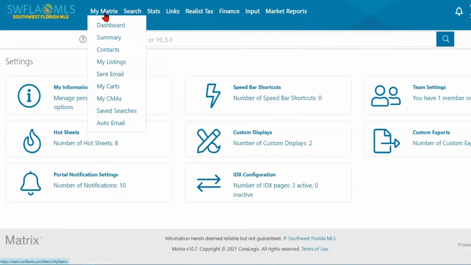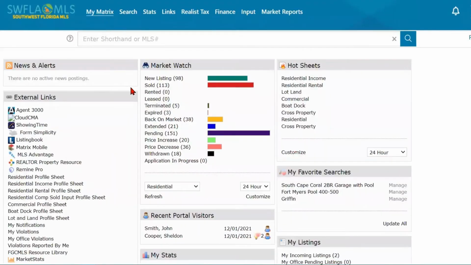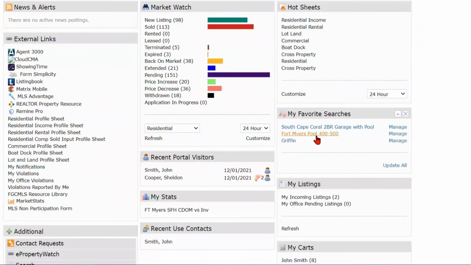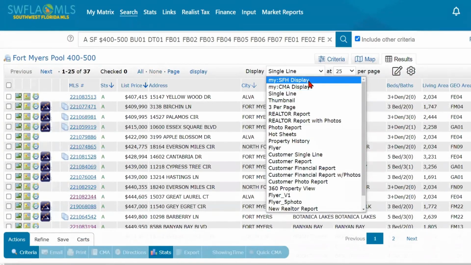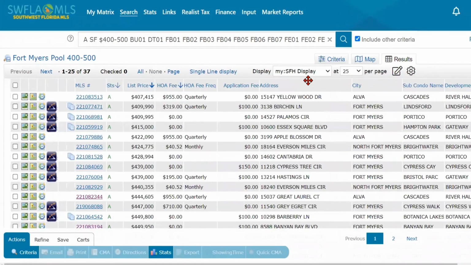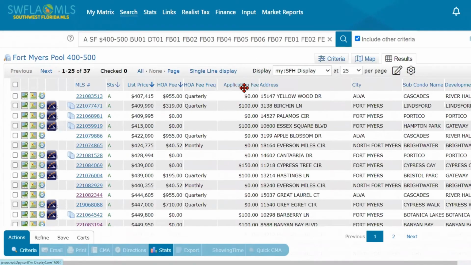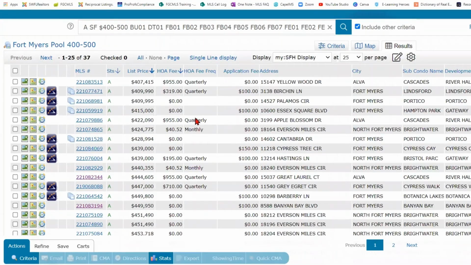And now if we go back to, and I'll just use one of my saved searches as an example, because they're search results, whether it's a saved search or whether I run a new search. So if I go back to one of these saved searches, now if I click on my single family home display, we see that our application fee was pulled in, and some of these do indeed have application fees. So that's how you would want to go about managing this, because you will find as you go along, that's especially helpful